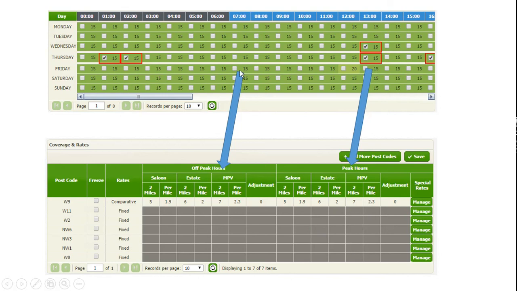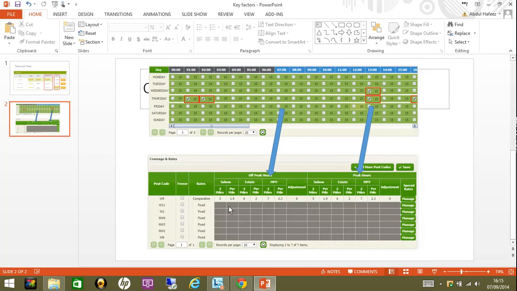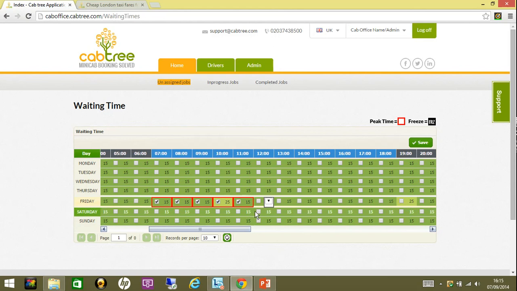If that R is not ticked, then it will use the off-peak rate specified. So peak or off-peak is related to which rates should be used for different postcodes while making a quote. Whereas whether it's a peak time or off-peak time, you need to specify what time you're going to take to serve that job. If you think you can't perform any job during that particular hour, or you are